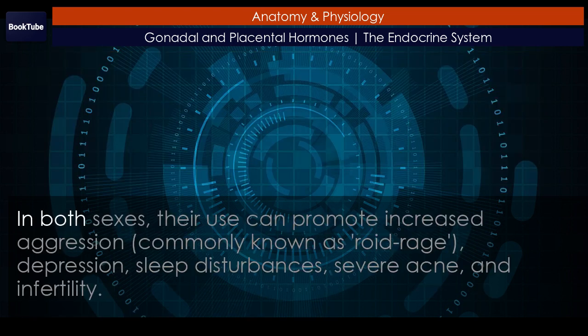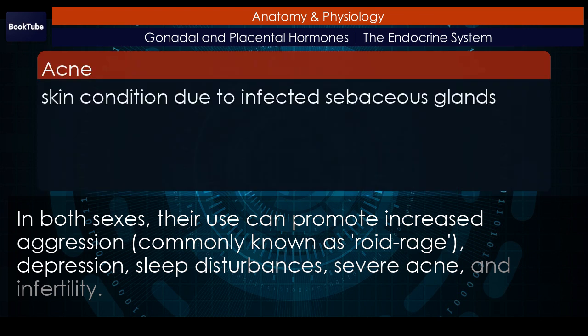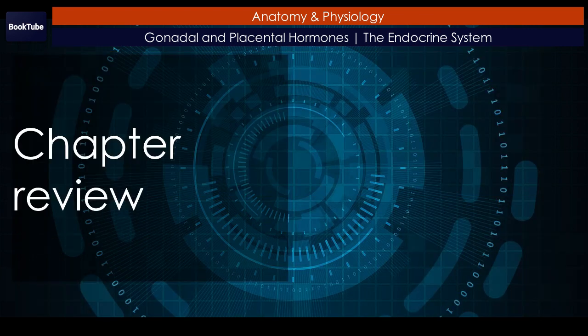In both sexes, their use can promote increased aggression, commonly known as roid rage, depression, sleep disturbances, severe acne, and infertility. Chapter Review. The male and